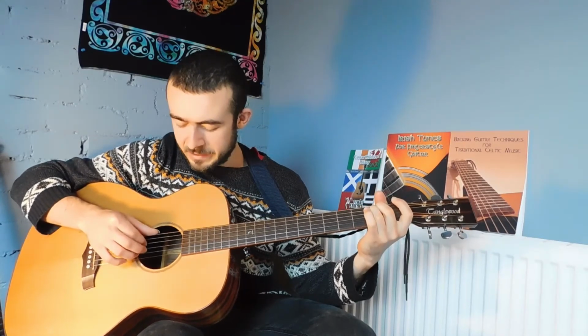Always be thinking about, if you're trying to find a chord with some tune notes over it, does this have an open string that I could use to free up a finger for fretting some tune notes? So I'll just run through a few more bars of my Cooley's arrangement so you can see what I did next. So we had